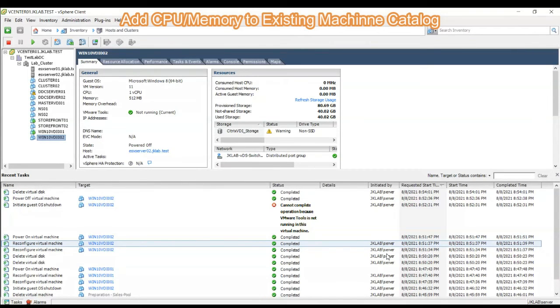So guys, this is the point where I told you that the change which we are making is actually not applicable for the existing VDIs. These changes are only applicable for the new VDIs or the new desktops. If we create a new desktop within that machine catalog, then those settings will get applied to that new desktop. So let me show you how this is going to affect the new